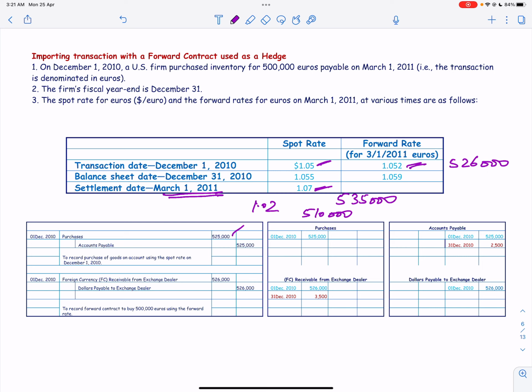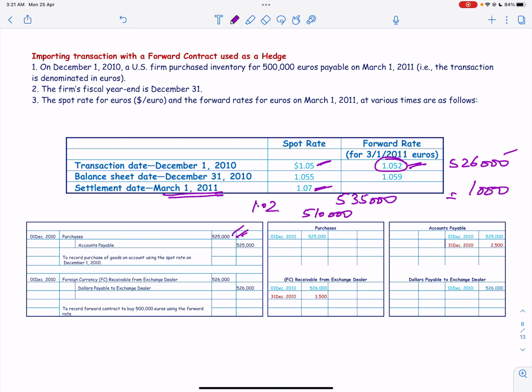This fixed price means the firm has determined in advance the amount of loss it will suffer, and in this case 526,000 minus 525,000 is equal to 1,000. Thus, the firm is protected from future increase in the exchange rate above